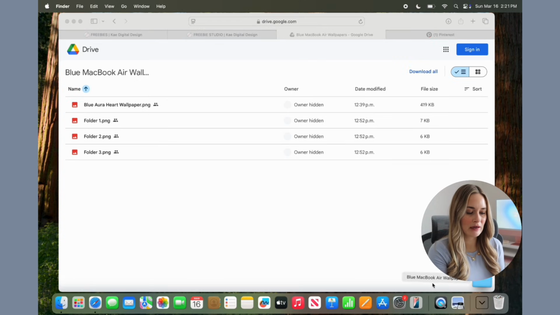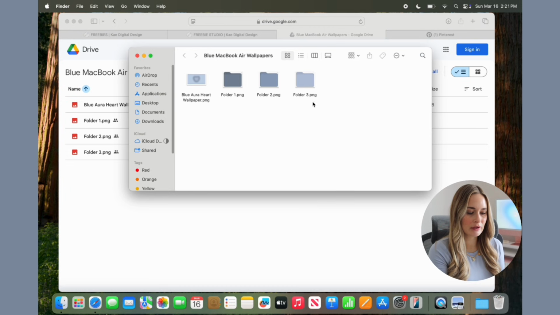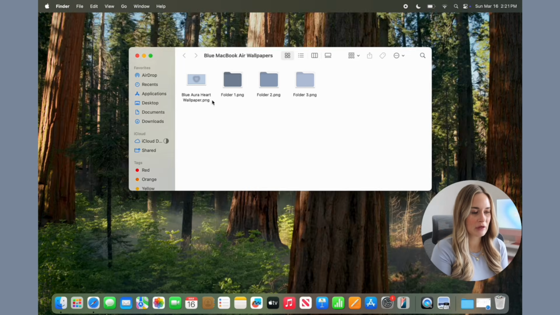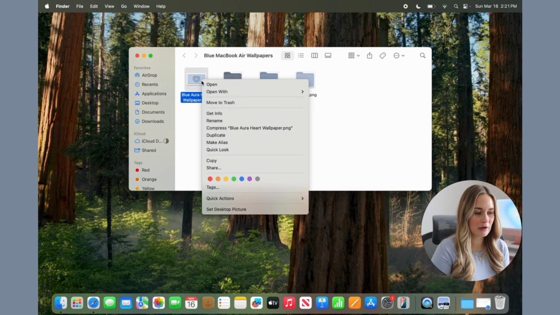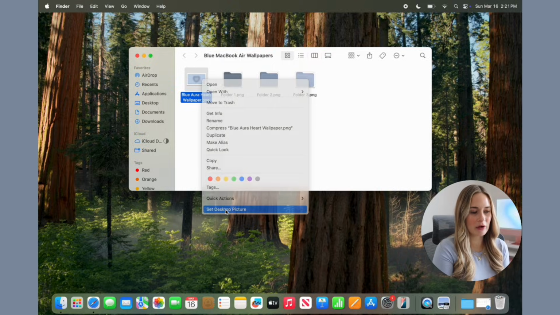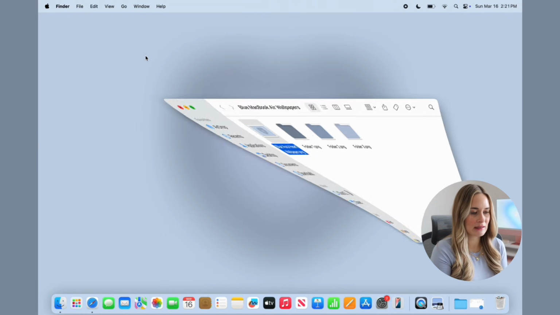Okay, so now we're going to go ahead and open up the downloads folder, and then you can see all the downloads here. It's going to minimize Safari for a moment, and then I'm going to select the Aura Heart wallpaper. I'm going to right click and then set desktop picture at the bottom,